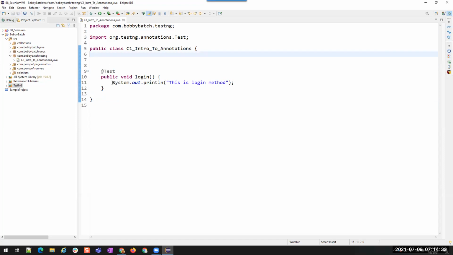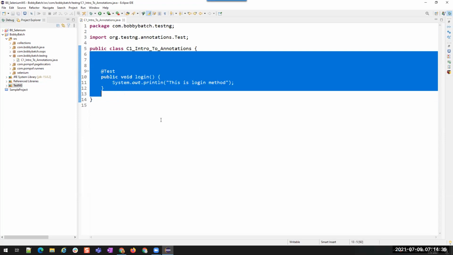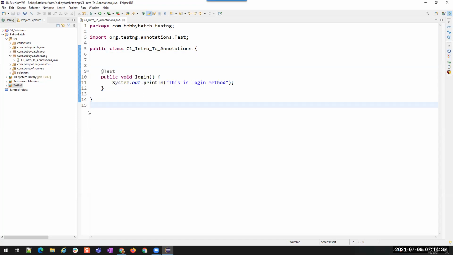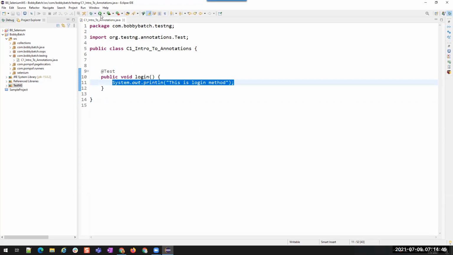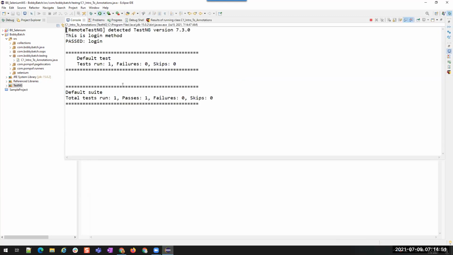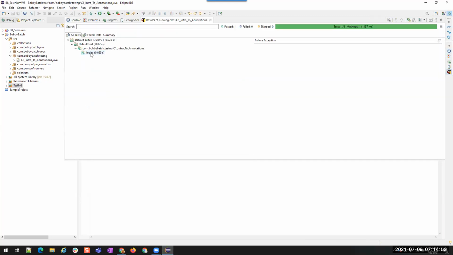Now, do we have a main method inside this? No, right? But if I run this, it will run successfully, and you will see this message in the console. You see, one test case executed.